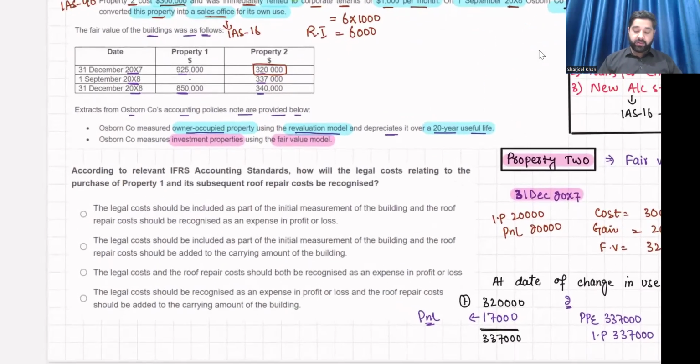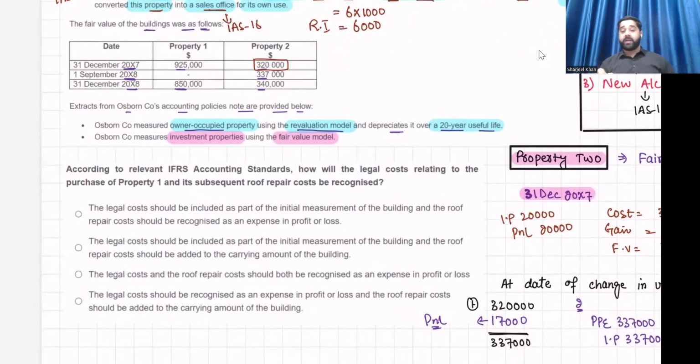Now, according to the requirement asked by your examiner, let's answer the requirement in the sequence,